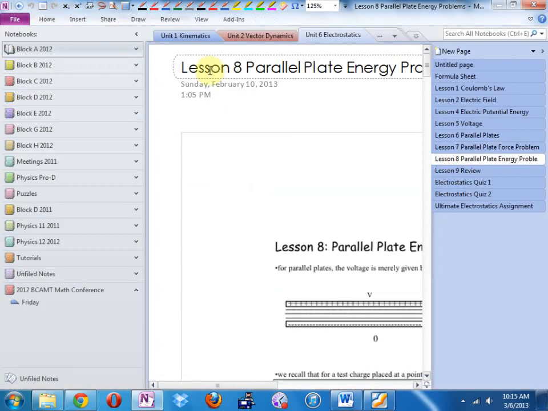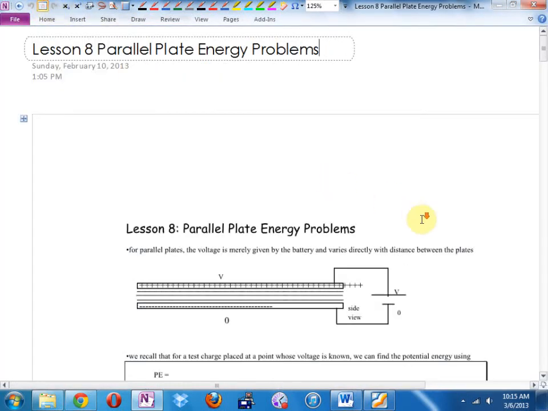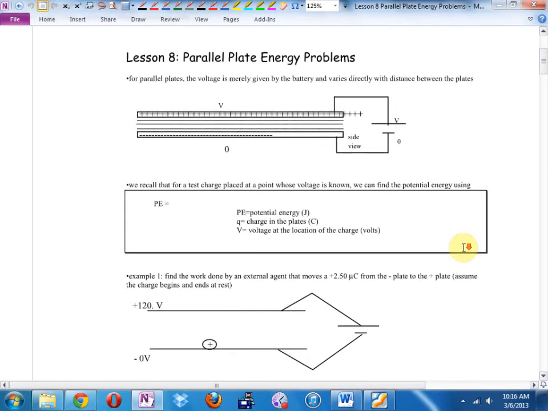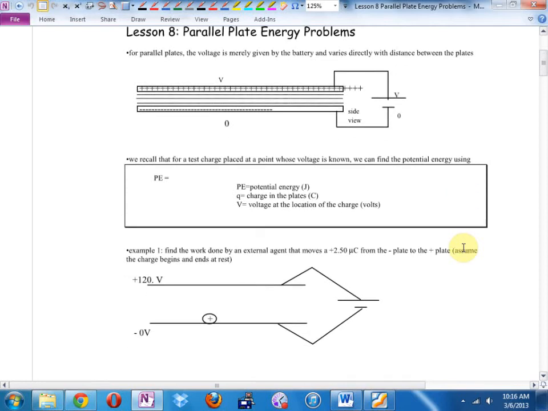Parallel plate energy problems, situations. So remember, for parallel plates, the voltage is given by the battery or whatever you hook it up to, or we'll just label it on the plates. And remember, it varies directly with the distance between the plates. That's handy. Now, here's what we said. For a test charge placed at a point whose voltage is known, we can find the potential energy using